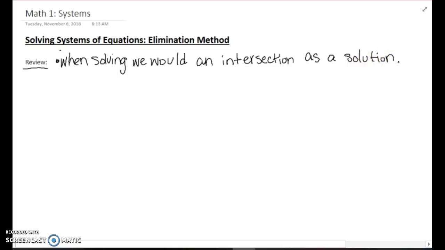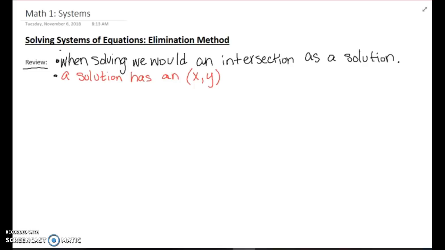Every solution is an intersection on a graph. Therefore, every solution has an x and a y. A solution has an x, y. It's important to keep that in mind today because we will need to find the x